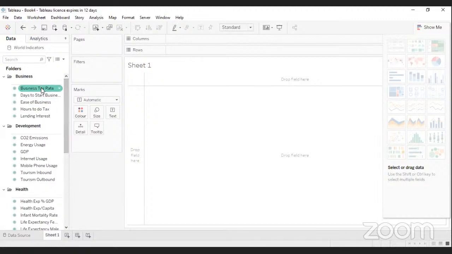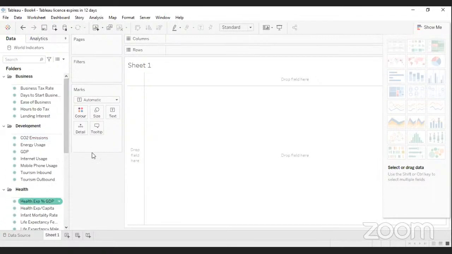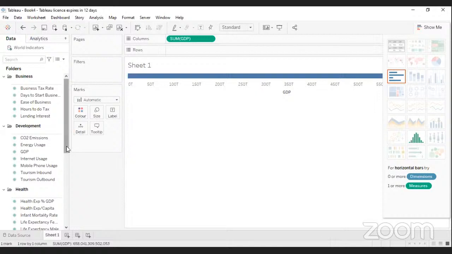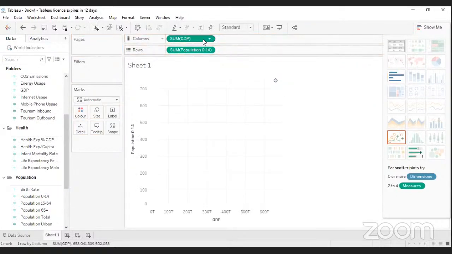By clicking world indicators, you will get the different dimensions of the world indicators data. That Excel data file has sheets that contain all the details about business development, health sector related data, and population related data. As I said earlier with the previous file, you can just click the GDP, and if you want to make some combinations, like population under 14,